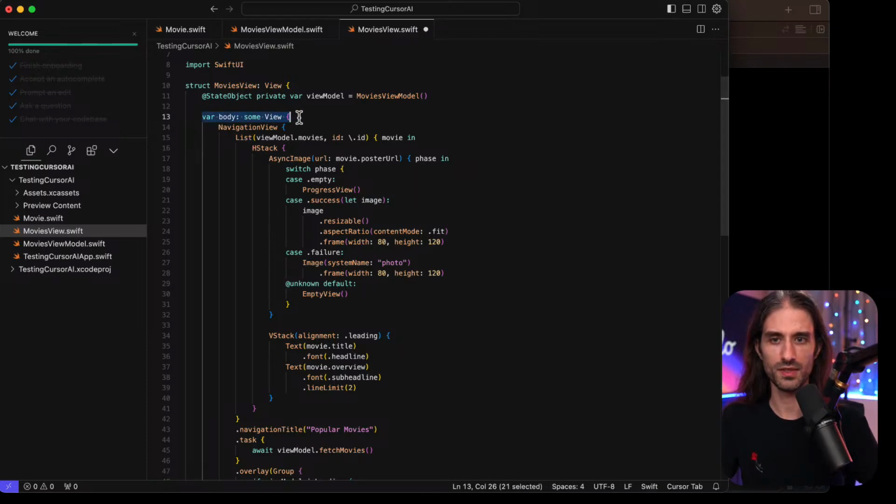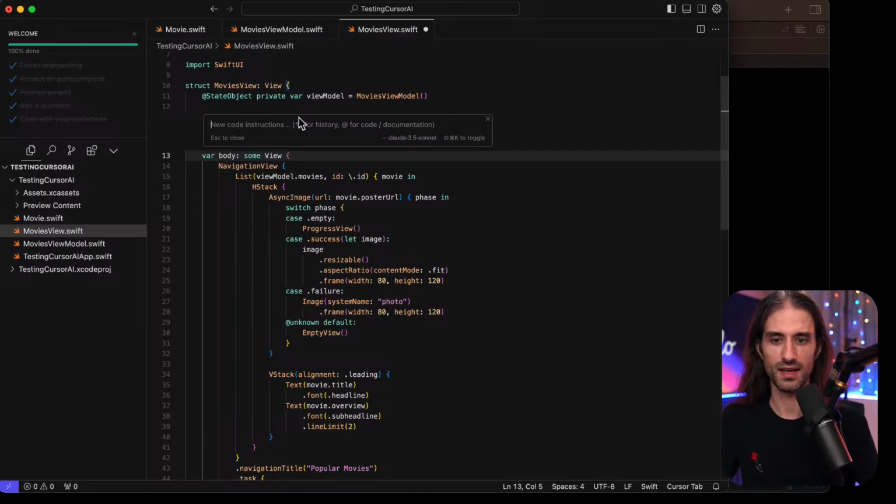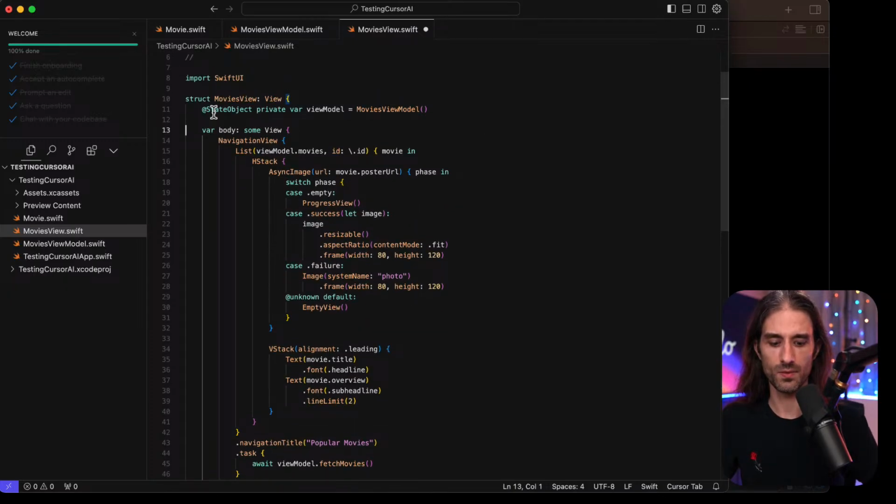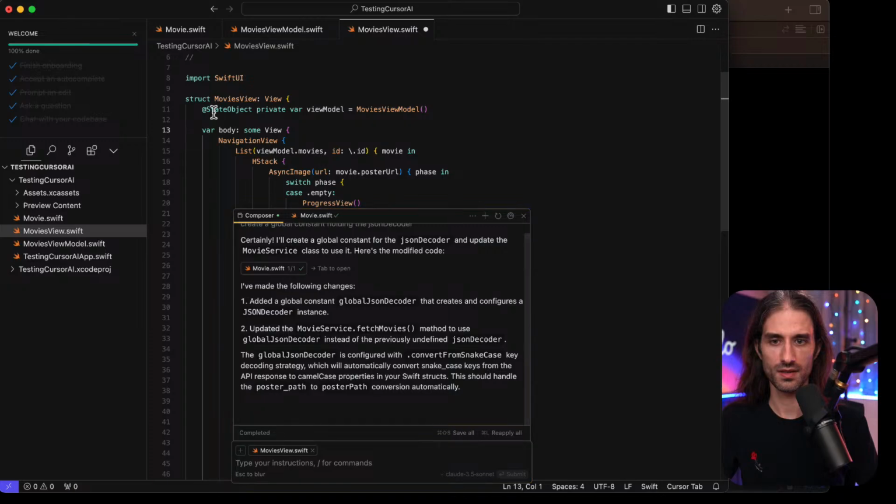I'm going to try and do something. What if I just select this part and I say, increase the line limit for the overview to 4 lines. I just want to see if it's going to. Yeah, no, it can only change what's been selected. Okay. What if I want